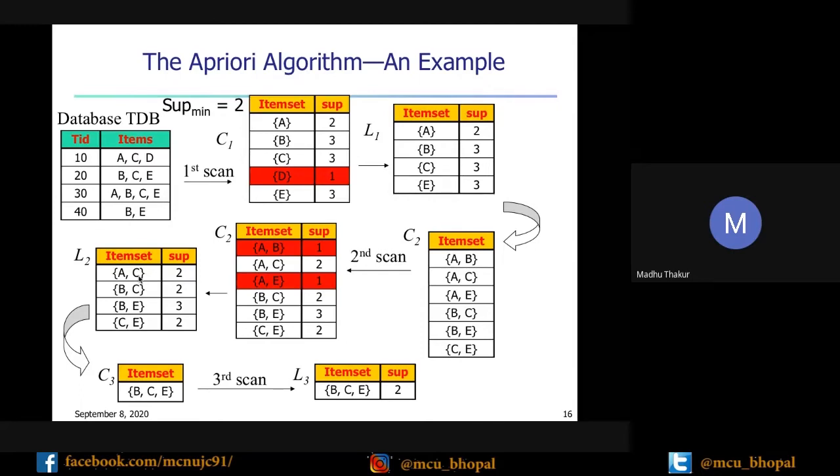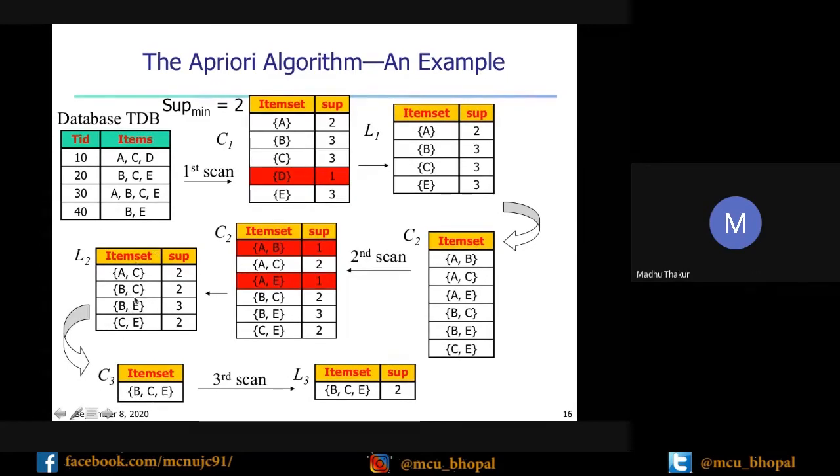So see here, if you want to merge AC with the rest, you cannot, because in merging 2 size item sets into a 3 size item set, the first 2 minus 1 size should be the same. There is no other item set starting with A. That means AC cannot be merged with anyone, so we can discard it.